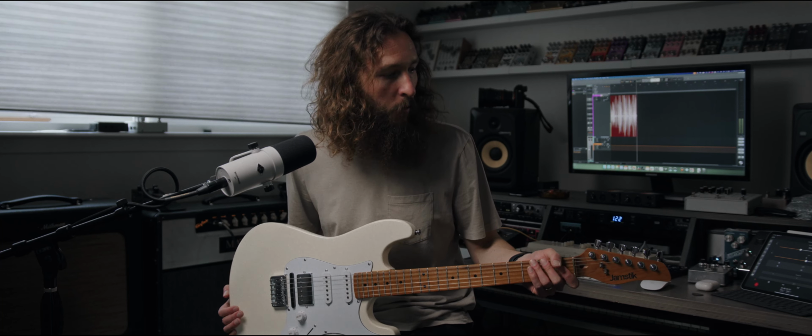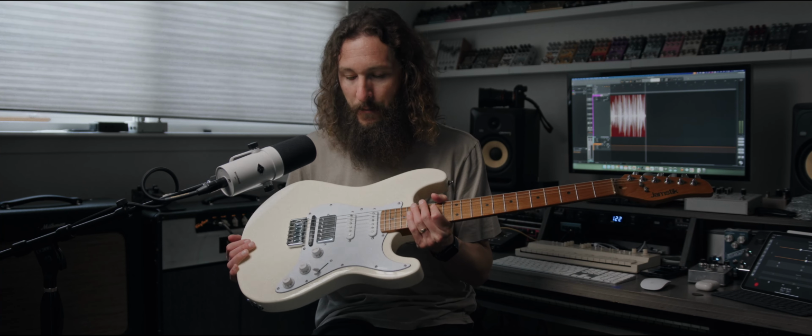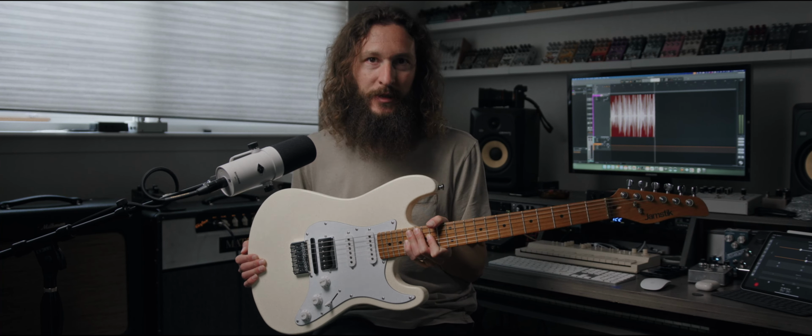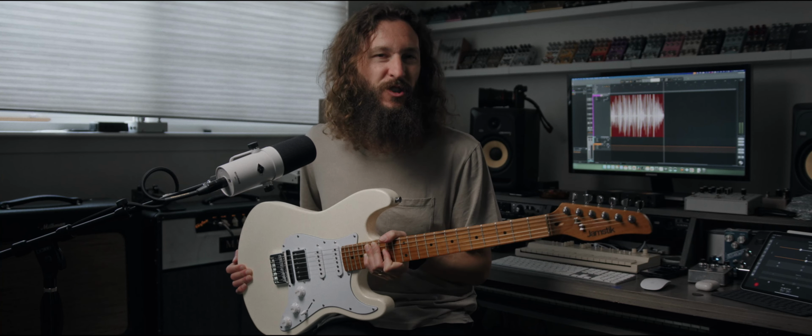Let's talk about what this thing is as a guitar, what it is as a MIDI keyboard, how it bridges that gap, and whether or not this thing is good enough at either of those things to be worth your time and attention. But first things first, there's a couple things we're going to seek to do in this video that we just covered,